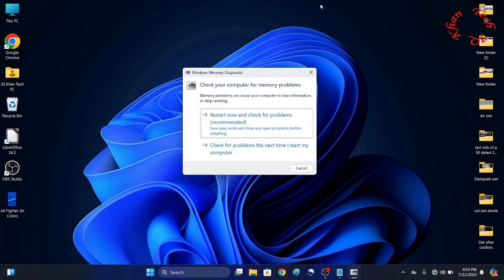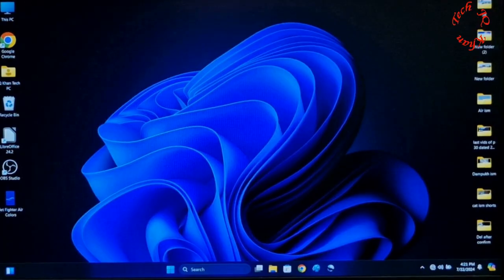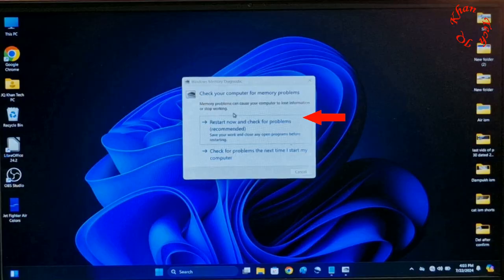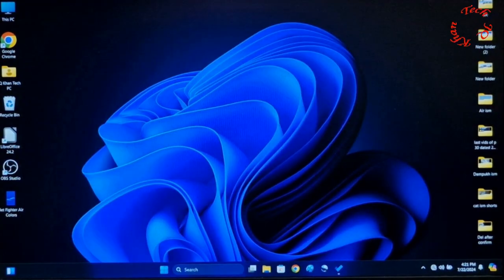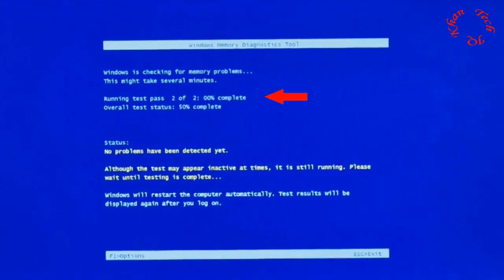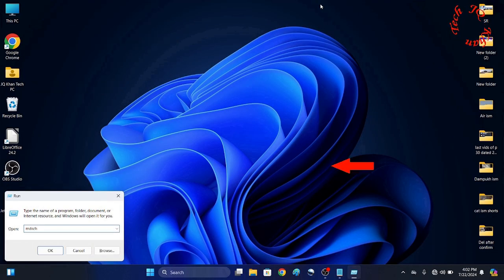Hello viewers, if you see that your RAM is not going free, or you need every software to work within its own bounds to ensure the computer works swiftly, here is a very easy method, but a little time consuming. Now press the Start button plus R to open Run, and type